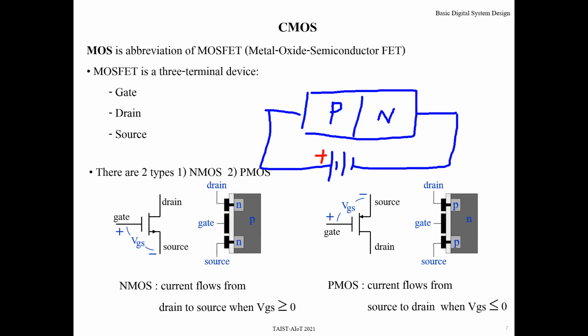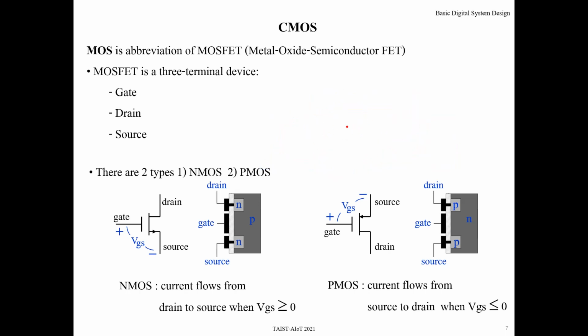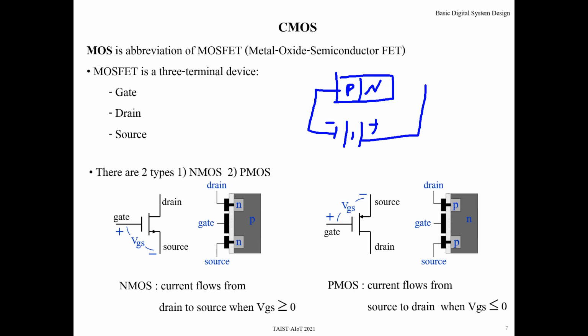Positive polarity is at p material and minus at n material. In the configuration, the current will flow from p to n, and then the current will flow along in the circuit. But if we apply reverse bias, minus at here, plus at here, reverse bias, no current in the